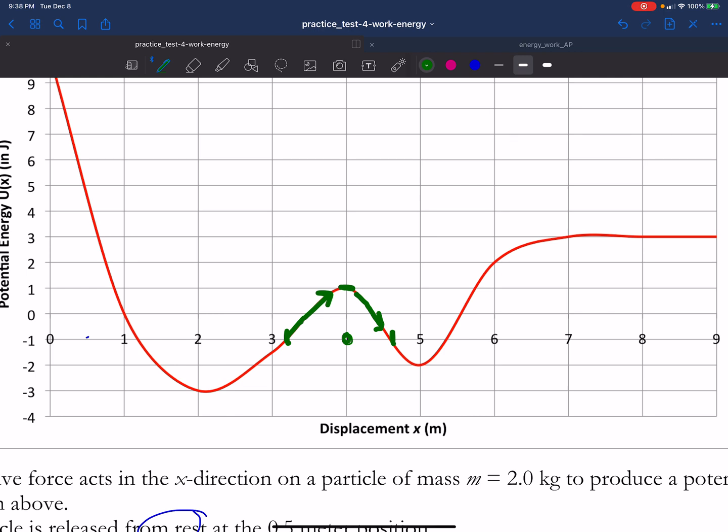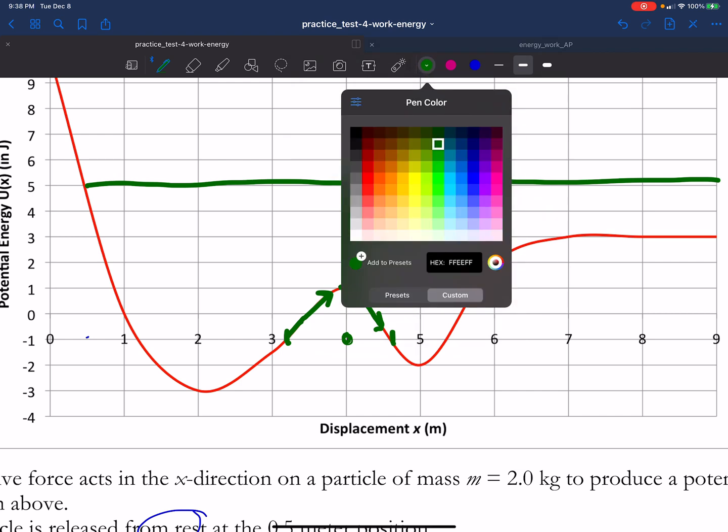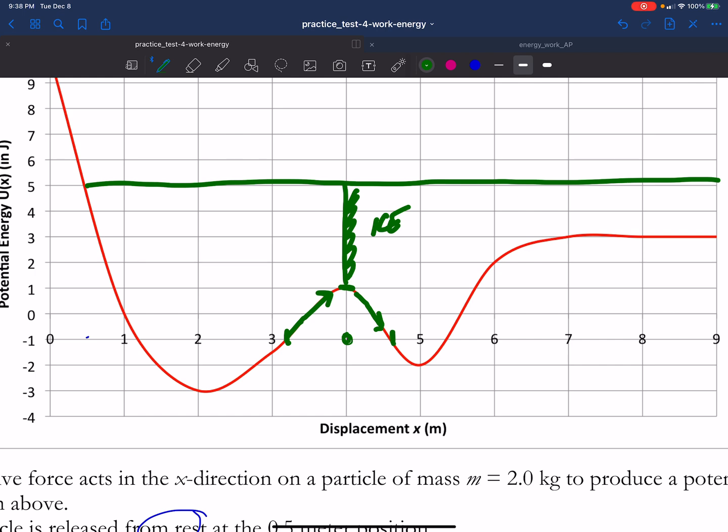The fact that the whole system had 5 joules of potential means that it is definitely still moving here. So there's definitely some KE at the top. There are a couple of technical ways we could describe this. This right here is called an unstable